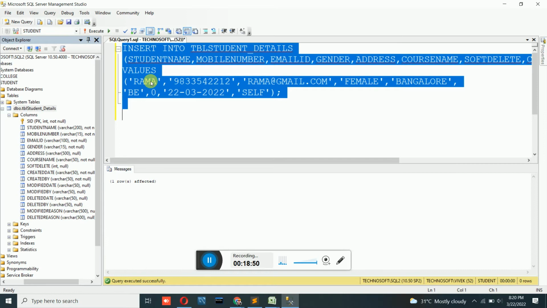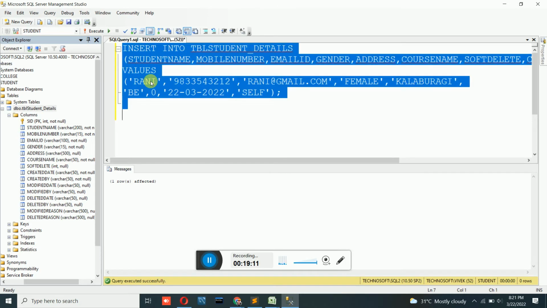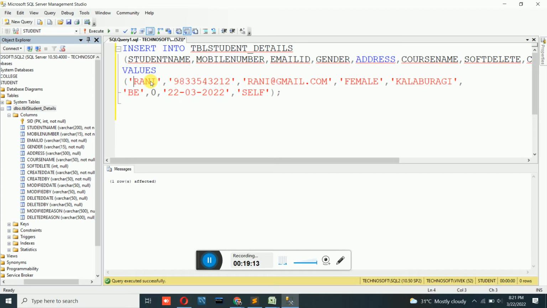Run the application. We can have one more, Rani, female from Kalburgi, and she is also a BE student. Run the application. Last we will add one more, say Rahul, his mobile number,